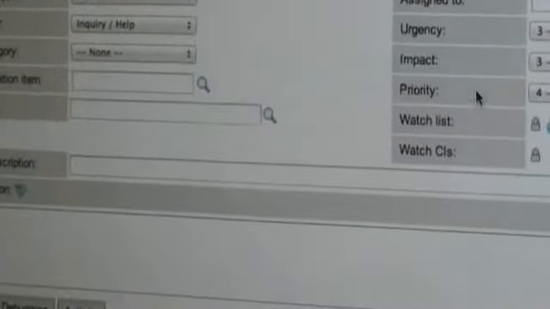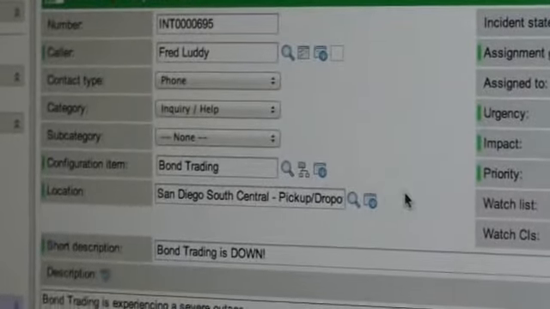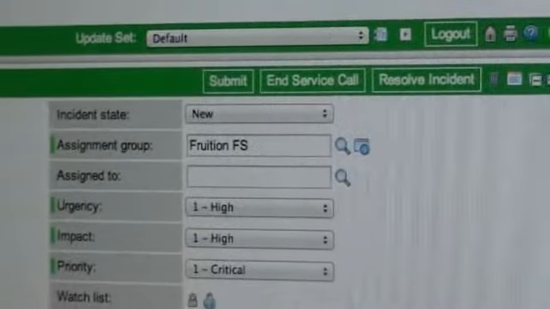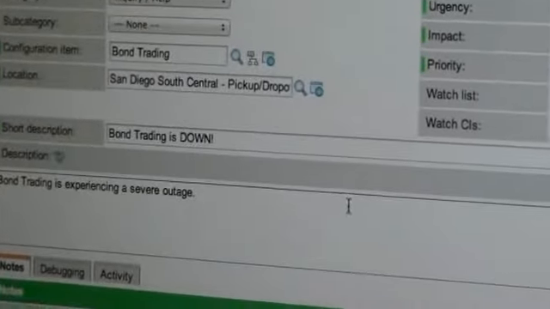I'm going to use a different template. So this particular one, basically I'm creating it as priority 1. So it's a high priority ticket. Bond trading is down, the classic bond trading example. I'm going to save that. Now this ticket isn't,